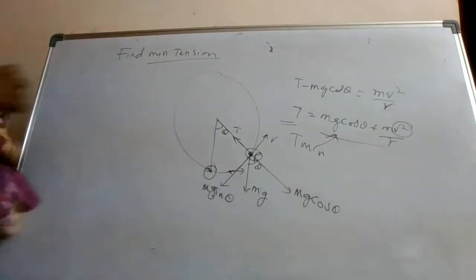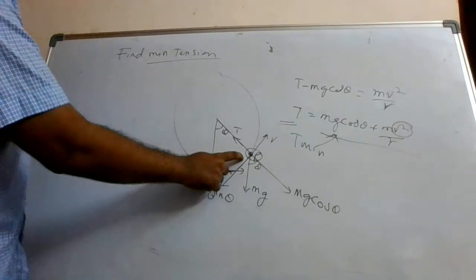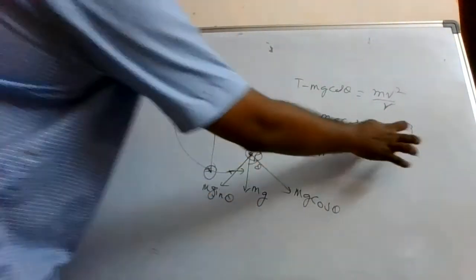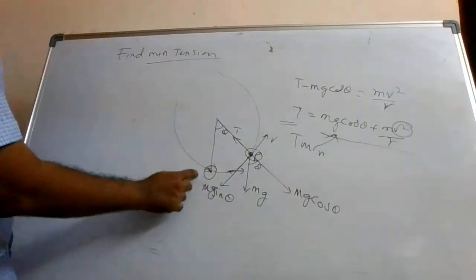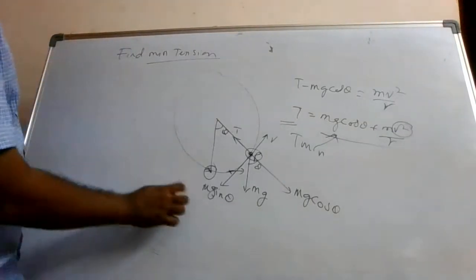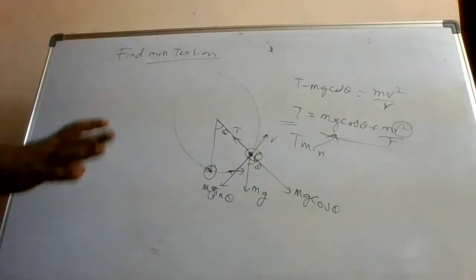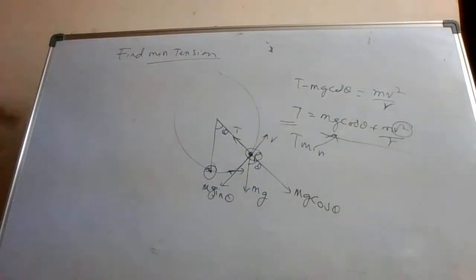Understood how to calculate the minimum value of tension at any particular point? This is the approach. But here you need to understand that this v is the velocity at that position. It is not the velocity at some other position, not the top position, not the bottom position or any other position. Do not put v is equal to root over 5 g r and all those things here. We will see how to calculate this v value here. I have explained this earlier also. Again I am doing it so that you recapitulate what you have learnt.